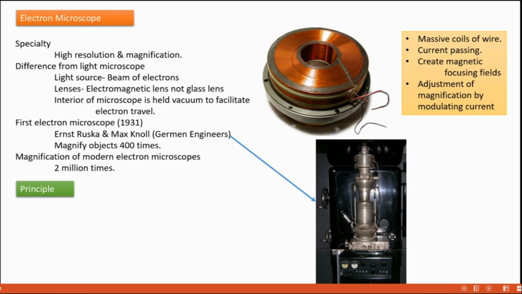Till now we have come across so many microscopes. Everybody should study thoroughly all these types of microscope. So whenever there is a question for your university exam, there is more chance to get confused over different types of microscope. So you must be very much thorough about each microscope and its principle, working, everything. So we are going to the principle of electron microscope.